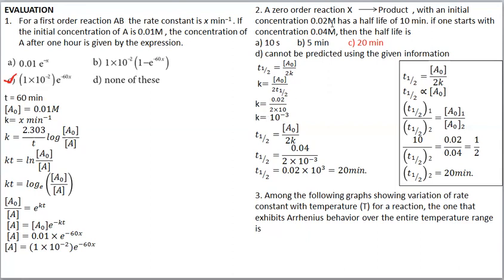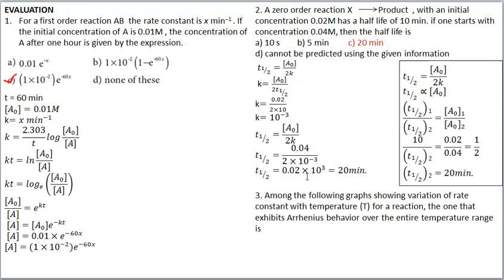Then second part we can substitute. You see, initial concentration is 0.04 molarity. So t half equal to again this formula, A0 by 2k. k already we found out. So we can substitute the values. Initial concentration how much? 0.04. 0.04 divided by 2 into k, 10 to the power minus 3. This 2 and this number we can cancel. So we'll get 0.02 into 10 to the power minus 3. When changed to the numerator, this minus 3 changes into plus 3.